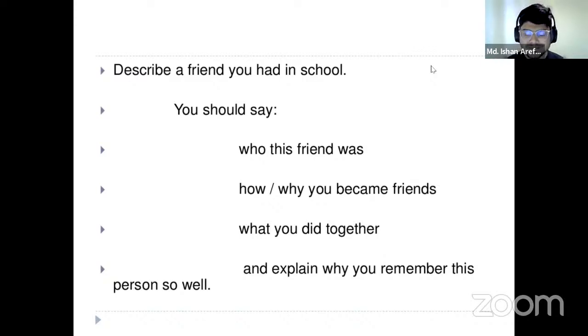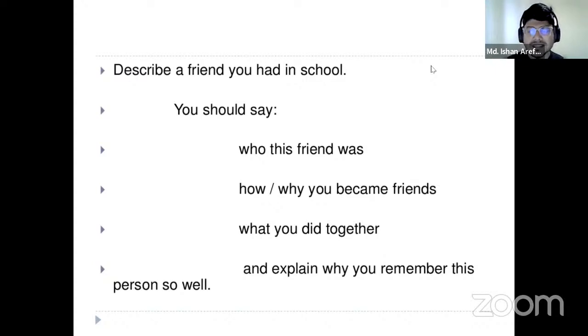So you can just write down the keywords, so that by seeing the keywords, you will be able to answer the question. Because when you are continuing your speech, it is tough to make ideas. That's why in that 1 minute preparation time, if you write those keywords in your page or in your script, you can see the keywords while you are continuing your speech, and if you see the keywords, you will remember what to say.